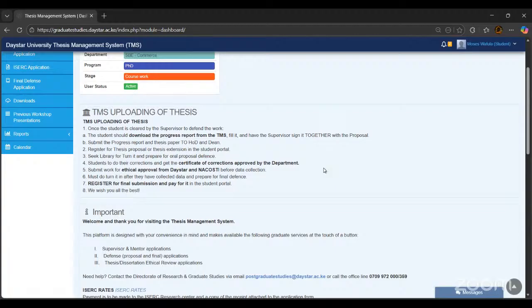Then also you'll have to register for thesis proposal if you've not done so. For those who had registered and taken a break, they'll have to register for